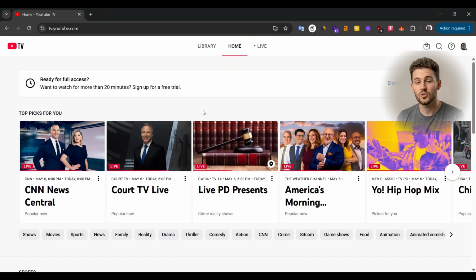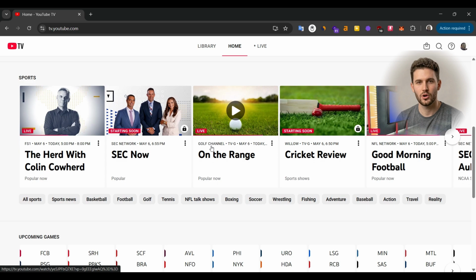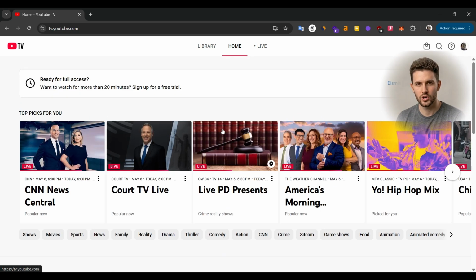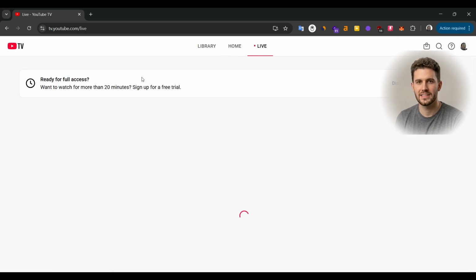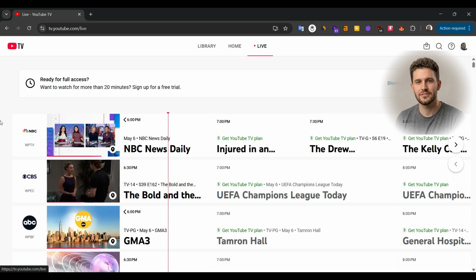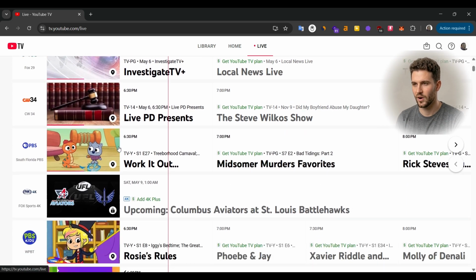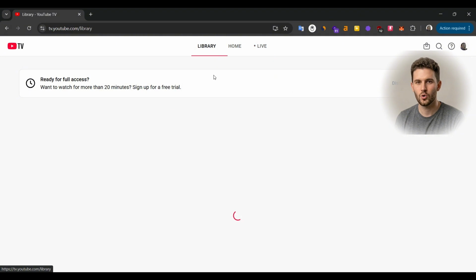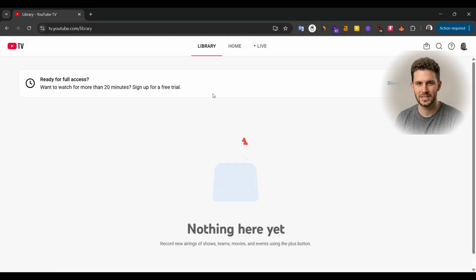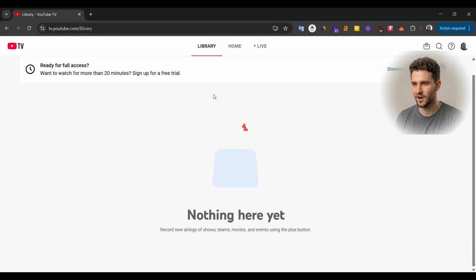At the top of your screen, you'll see three main tabs: Library, Home, and Live. The Home tab shows you personalized recommendations based on what you like to watch. The Live tab acts just like a traditional TV guide, showing you exactly what is broadcasting right now across all your networks. And the Library tab is your unlimited Cloud DVR, where you can find all your recorded shows, movies,